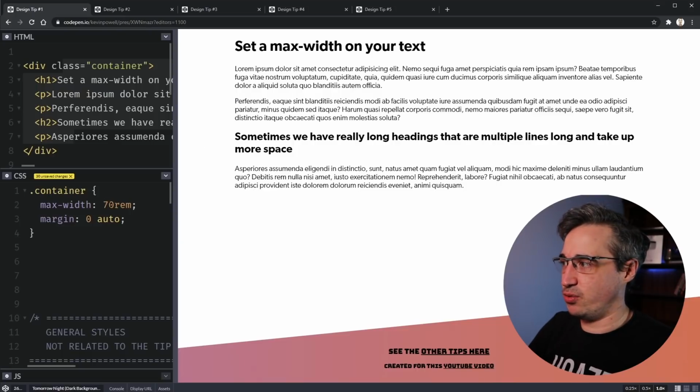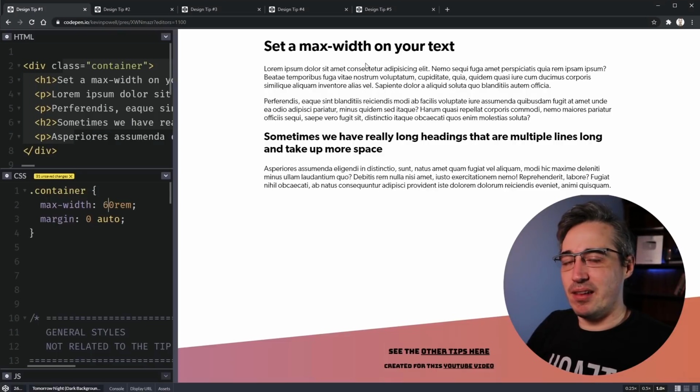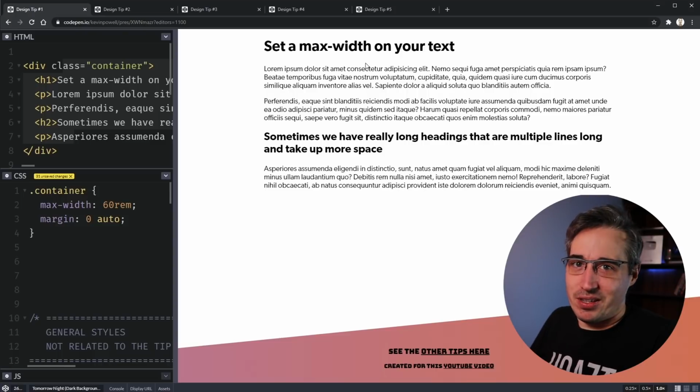And actually this is still really big. I'm going to cut that down even smaller. The ideal line length is around 45 to 75 characters, and when you're getting to 75 it's still pretty long. So ideally you are going to be shorter than that. It does depend a little bit on the design and on other things as well. But you just want to limit these things from being really big.